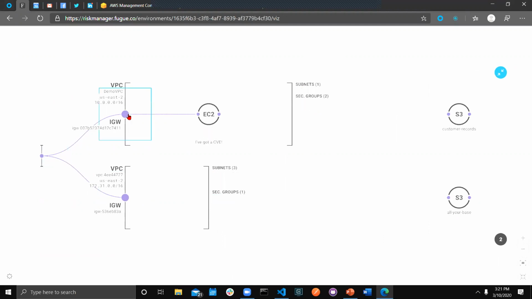Then there's an internet gateway, and we have an EC2 instance. This is a virtual machine. This one is appropriately titled, I've got a CVE. A CVE is a known vulnerability. I've intentionally set up this environment to have a known scanned vulnerability, and you can see here I